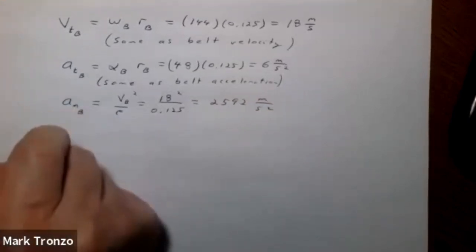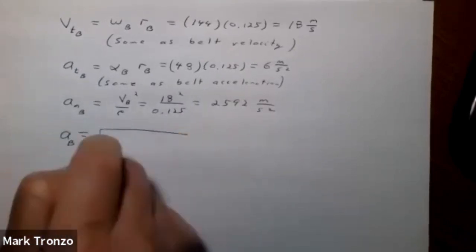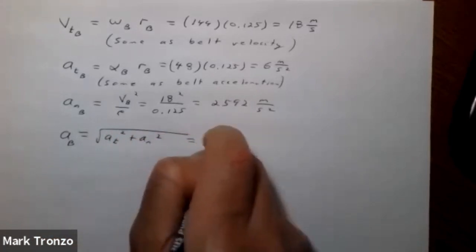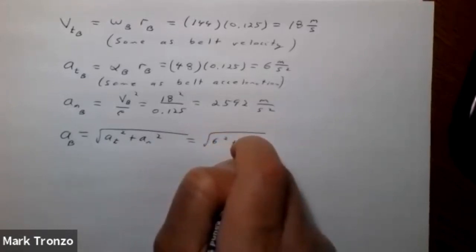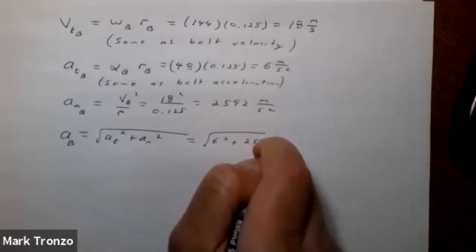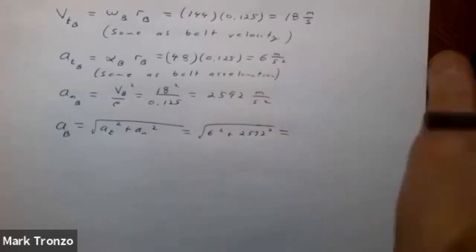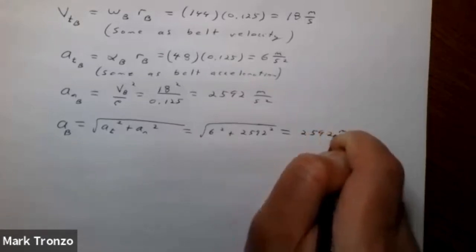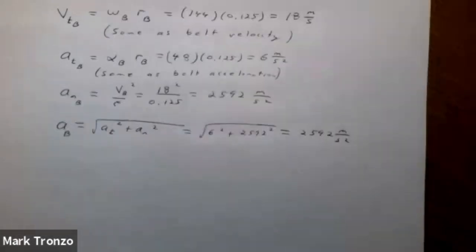So if you want to find the total acceleration at B, you have to take the square root of aT squared plus aN squared. And you can see that that one term is really going to dominate. So we probably don't even need to calculate that, but you can see that it's going to be 2592 meters per second squared. Any questions on any of that? Pretty much just a matter of